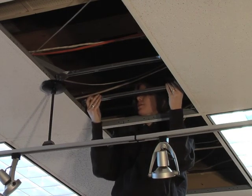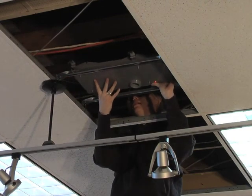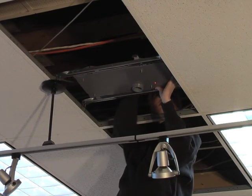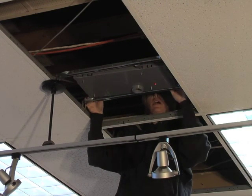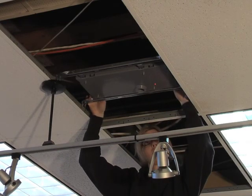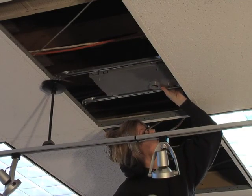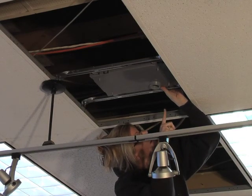Once you have this clipped into the grid, we just simply place the pan onto the bracket. Like so. And now we are ready. There we go. So what I'm looking at right here is that plumb line, and I can